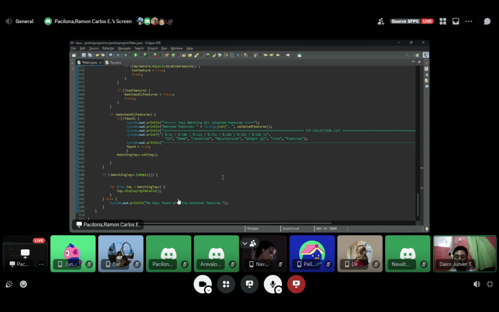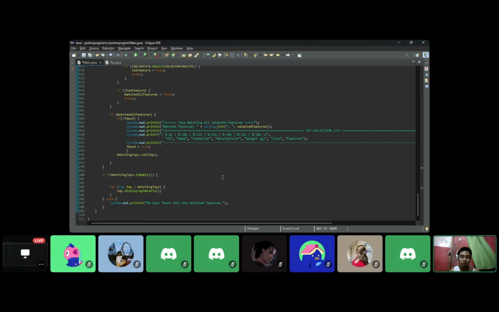If the toy matches, it will be true in the code. If the toy does not match, it will go to the else. It will notify the user: no toys found with the selected features. So that's all.